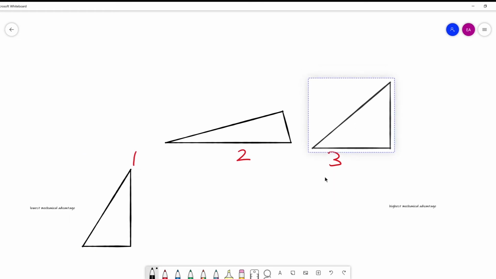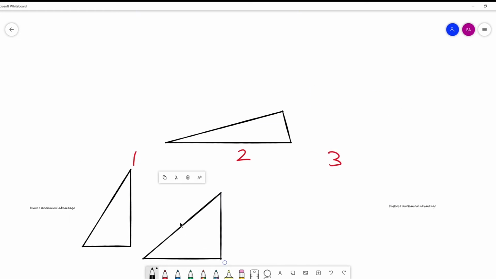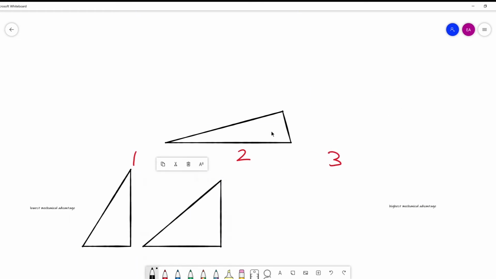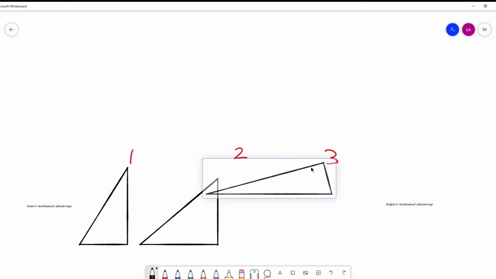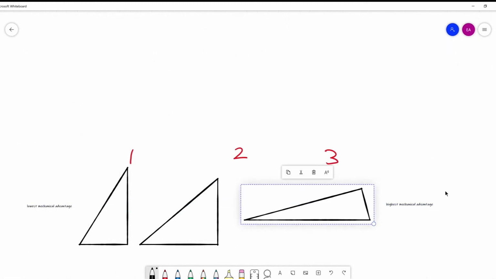The next steepest is number 3, so it goes right in the middle. And number 2 is a very shallow ramp. That means it wouldn't be that hard to push something up the ramp, but since it's so shallow, we're going to have to push it up a really long distance to get it to the same height. See how the length of the ramp in 2 is already longer than the length of the ramp in 1, and it doesn't go up in the air